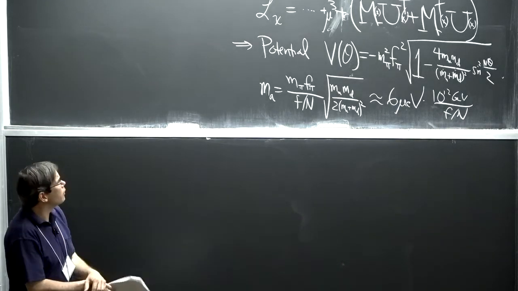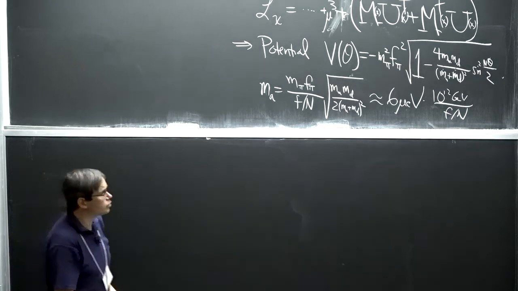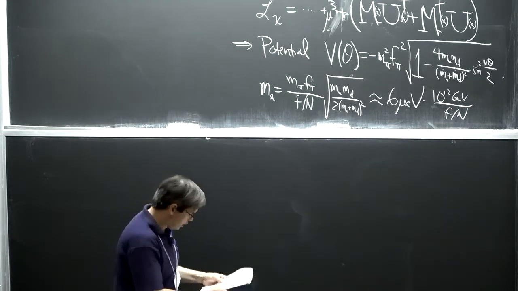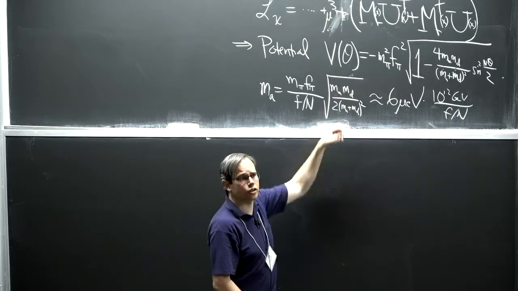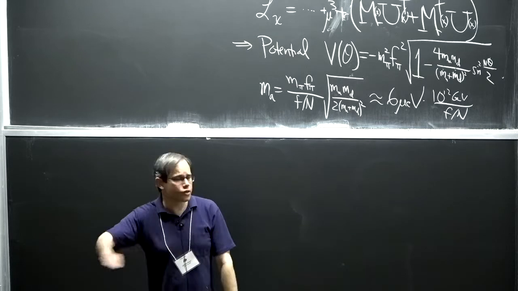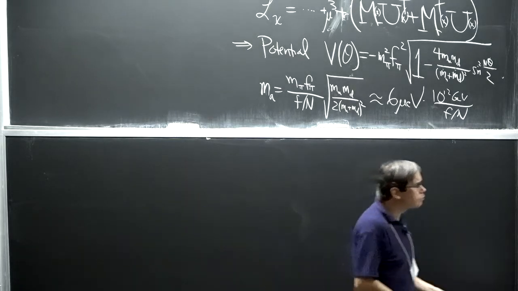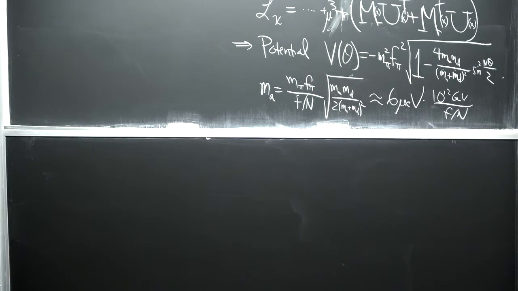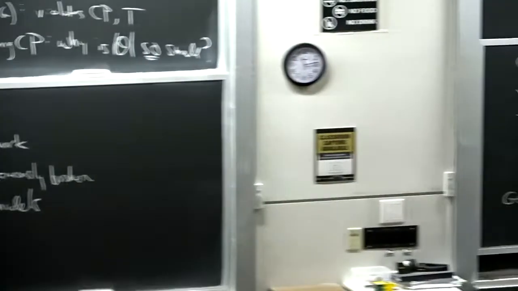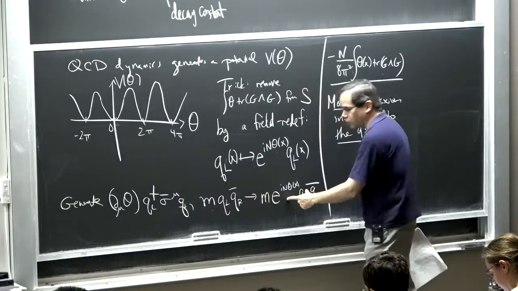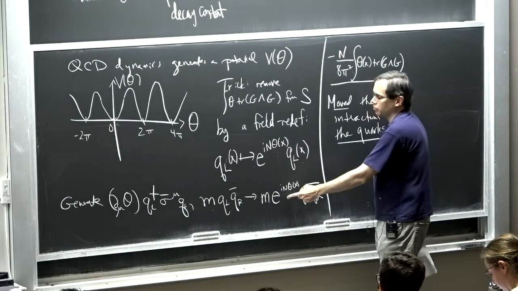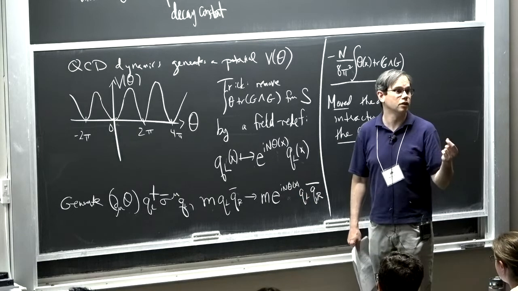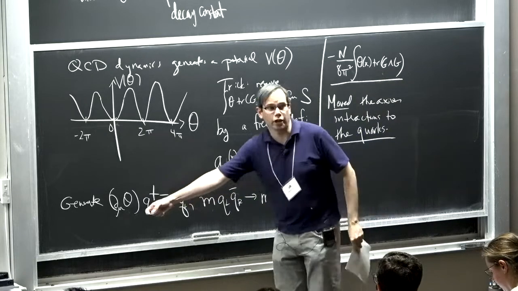But the thing I want to point out here that's related to the massless up-quark thing I said before is you'll notice that this formula goes to 0 if I send one of the quark masses to 0. In that case, the potential becomes perfectly flat. And the reason for that is that if I have a quark mass that's 0, I can do this chiral rotation, and I'll generate derivative couplings, but I won't have a mass like this, so I won't generate that coupling. OK, so in that limit, in fact, the physics becomes completely independent of the constant part of theta. All the physical effects come from derivatives of theta.